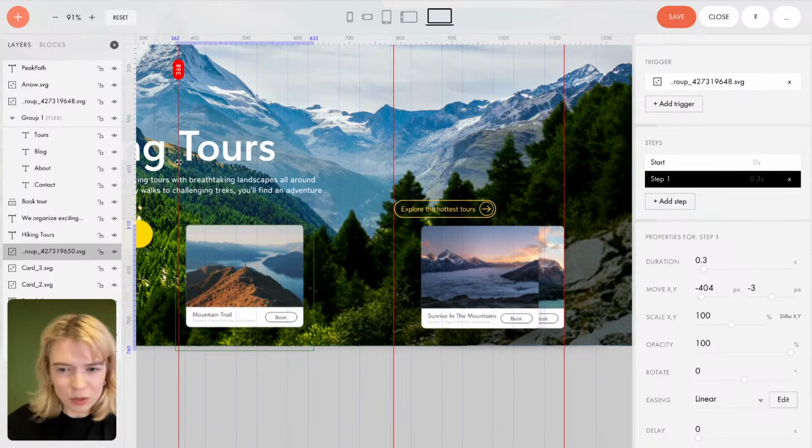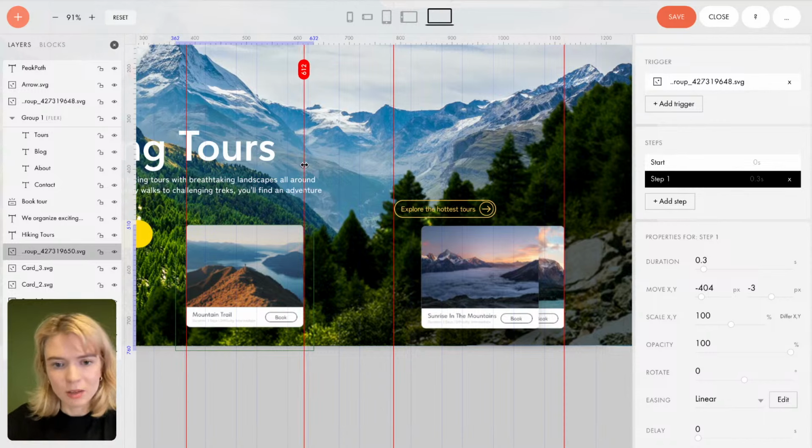I think I'm gonna move it slightly. Oh no, it's fine. So I will kind of use the rulers to specify where the element is gonna be once it's animated. So I can save it,